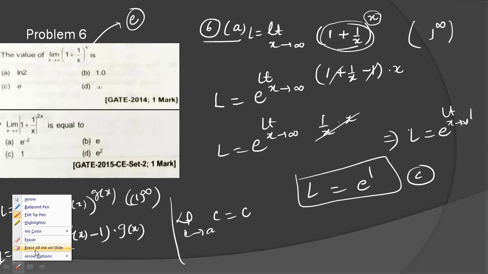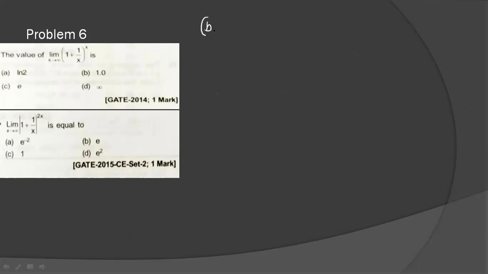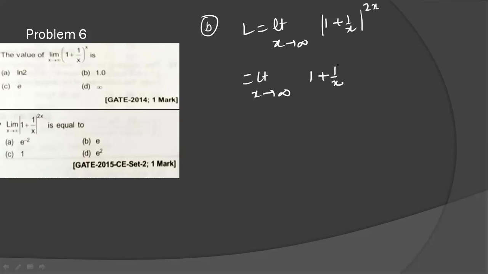If you see the B part of this question, limit x tending to infinity (1 plus 1 upon x) to the power mod 2x. There is no need of mod here because 2 is an even number, so the power is always positive. So we can write it separately like this: limit x tending to infinity (1 plus 1 upon x) to the power x